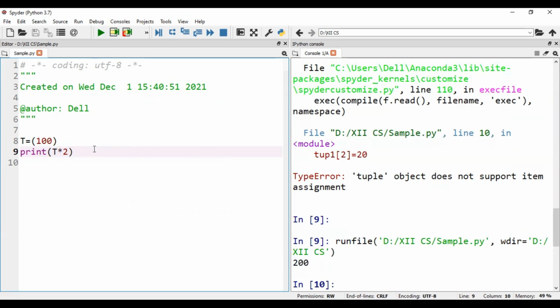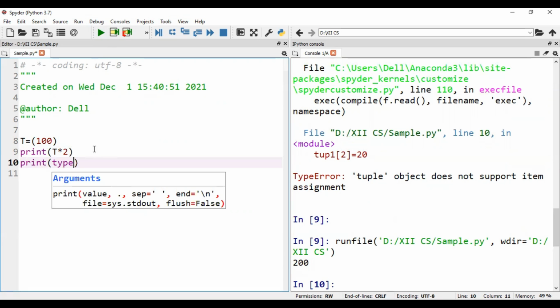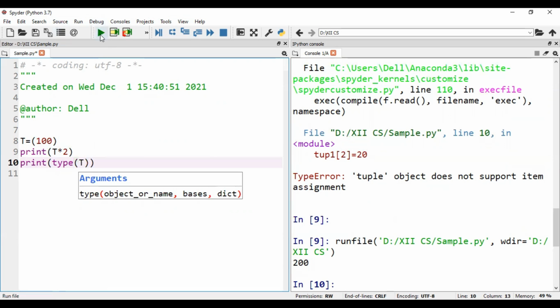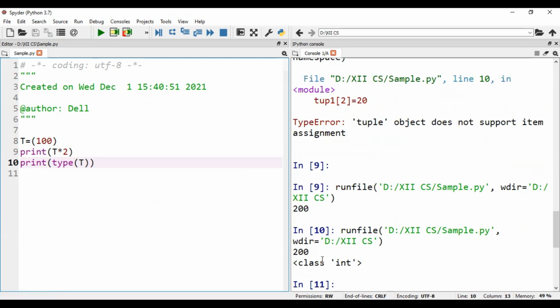What is given? 200. Why? Because when one item is there, the data type of that particular variable is integer. We'll just check the data type. Print type of T. You can see the type of T is integer.